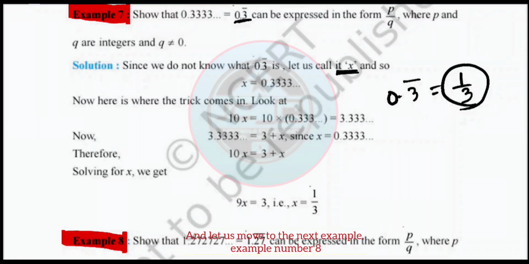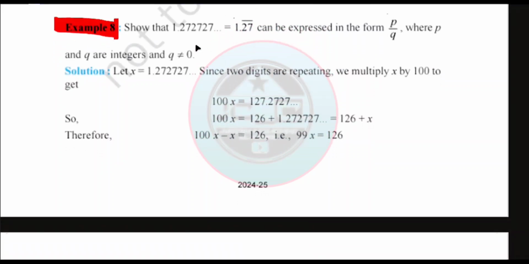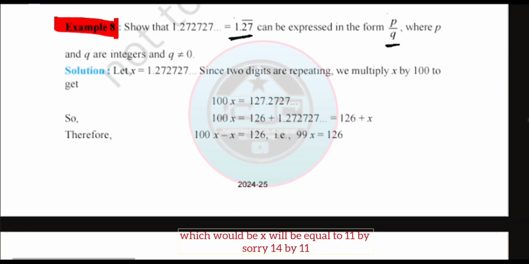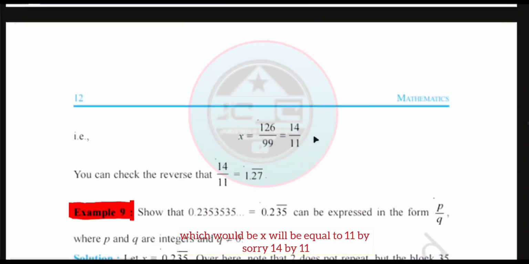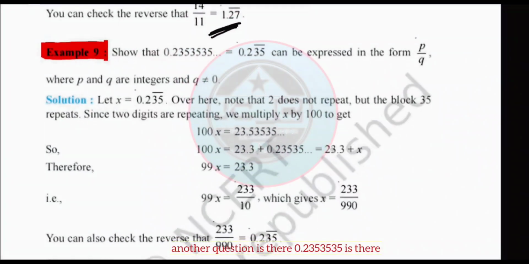And let's move to the next example, example number 8. So that 1.27 bar, similar method, similar question, so similar answer would be there, which would be x equal to 14 by 11, right? That means 1.27 bar is equal to 14 by 11. Now another question is there,